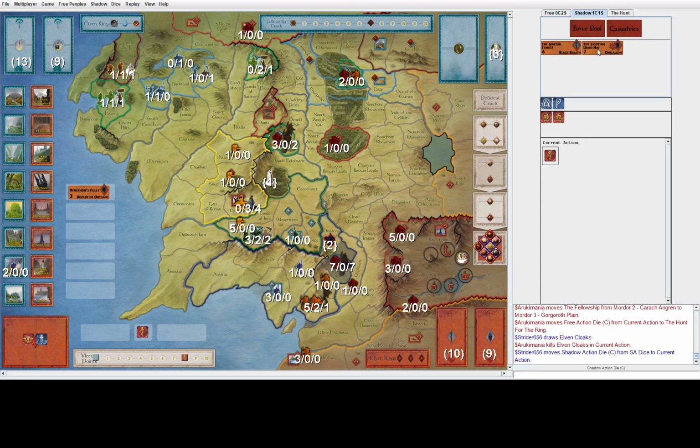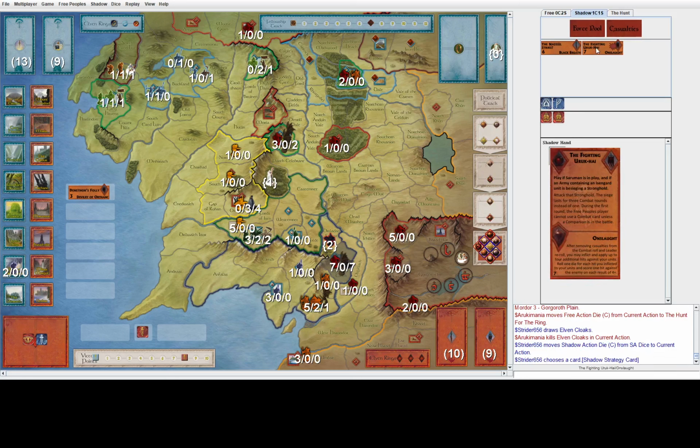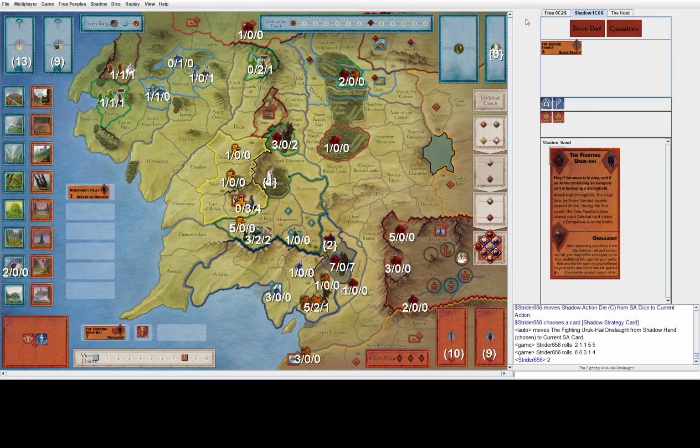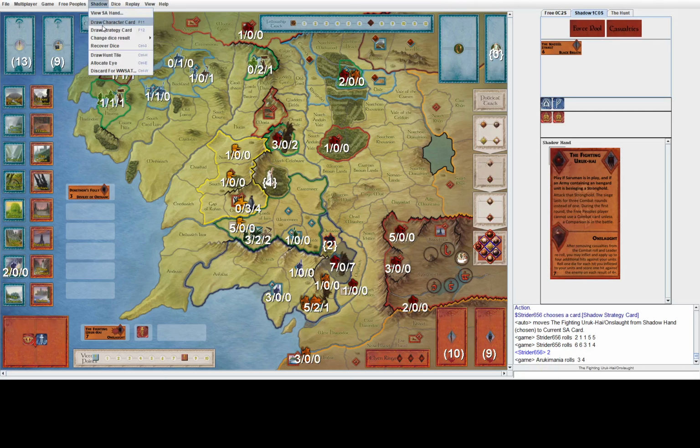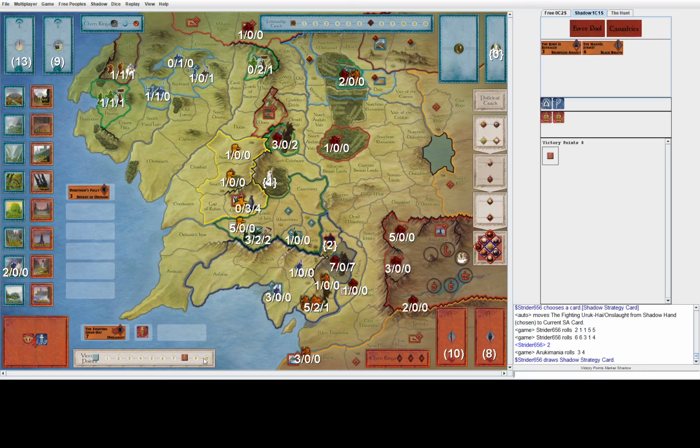I'm going to attack using a card. Okay, I can't play a card. Not that I have a card to play. 2. They're dead. All right, let's see if they hit back. Just for funsies. No, they don't. And I'll draw a strategy card. And Gondor goes down with a whimper and not a bang. I have nothing else to do, so...